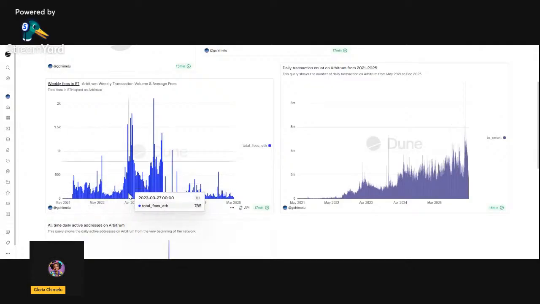It is interesting to see that even after March, when there was a surge around the airdrop period, we can still see that it was able to generate a lot of fees in Ethereum even till late 2023. Although it has dropped, you can see after April 2024 it has dropped compared to what it was before the airdrop. But also it means that things are also cheaper on Ethereum now.